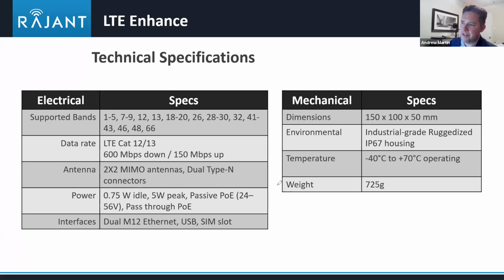I guess over on the physical side of things, the size of it is about 100 by 150 millimeters. It's built to be industrial grade. It's built to be ruggedized, and that means that it's set up for IP67 waterproofing. In addition, the temperature is rated for down to -40 and up to +70 Celsius. While I'm thinking about the specs,